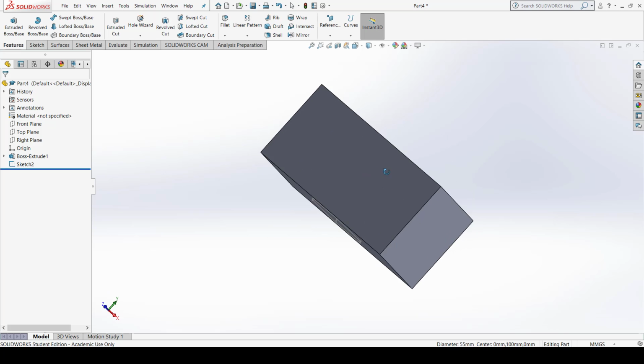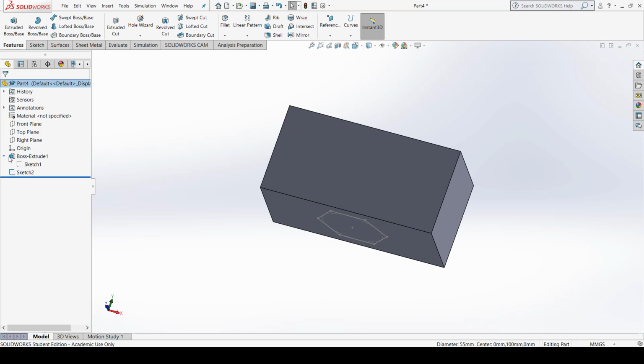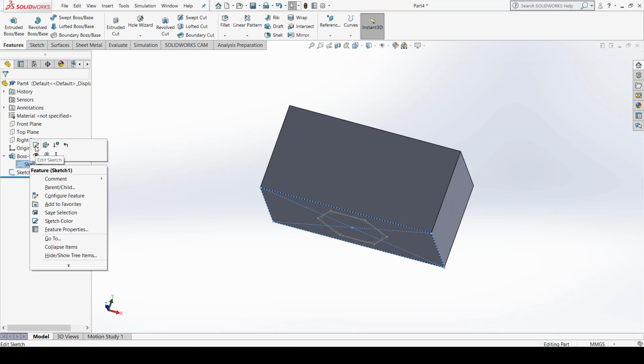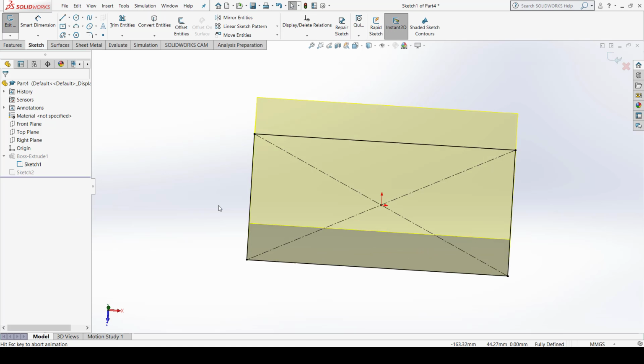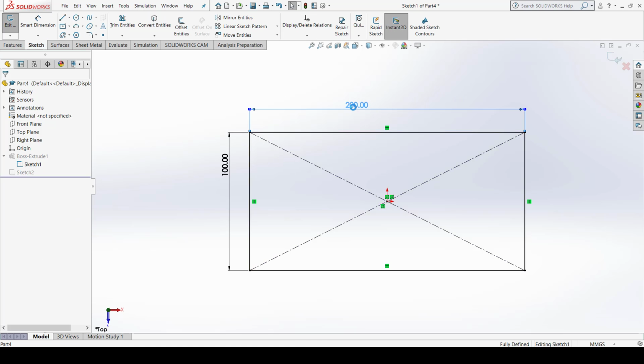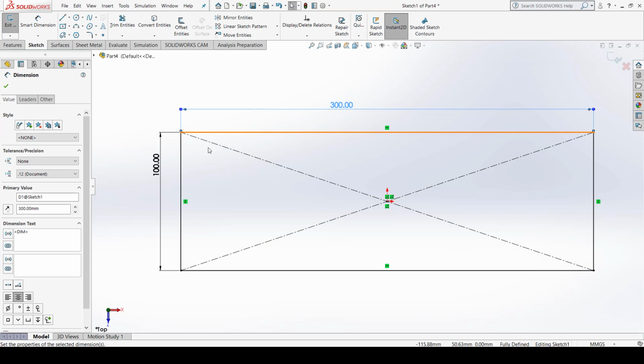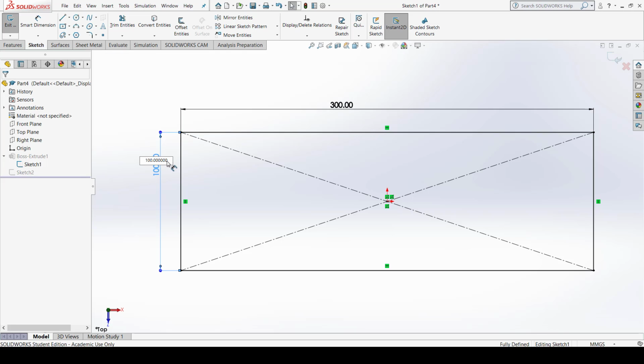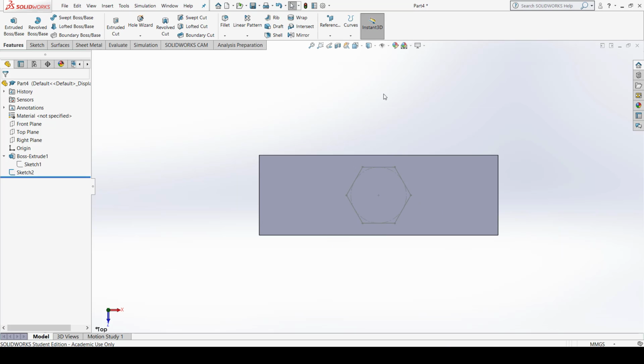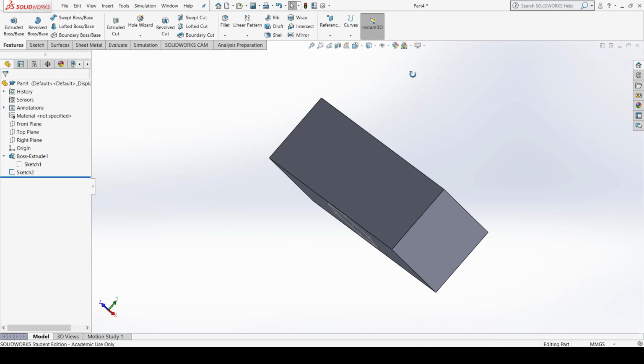So what I do, I just make sure that this sketch is a bit bigger. So control it. I am editing this sketch right now, so let it be 300, and this should be 100. Okay, now exit the sketch. See, now the length of this element is increased.